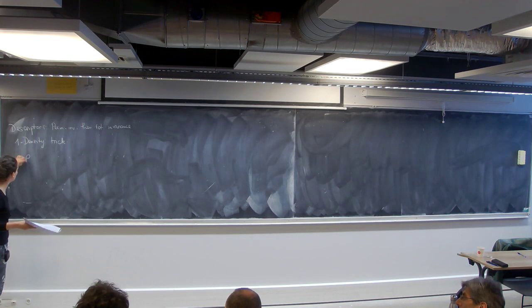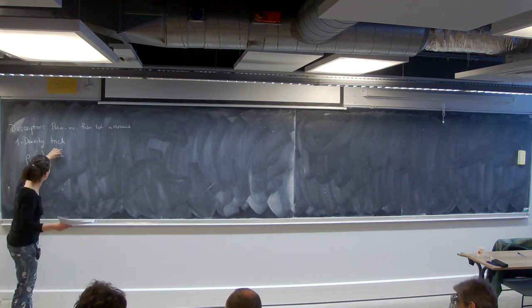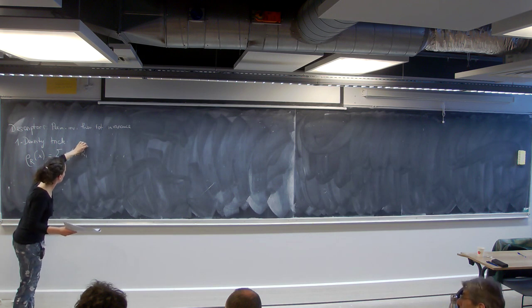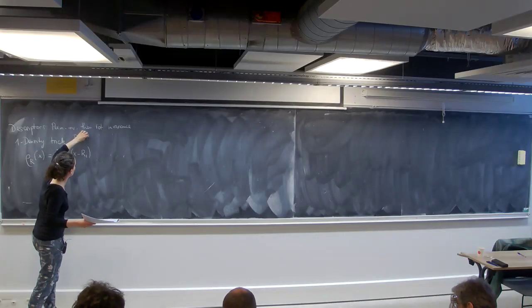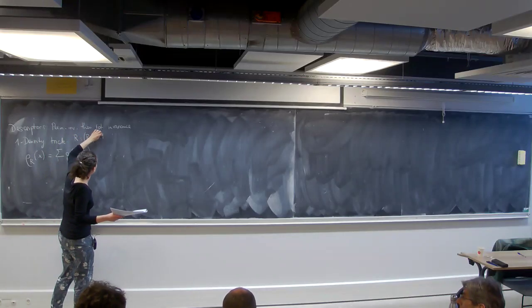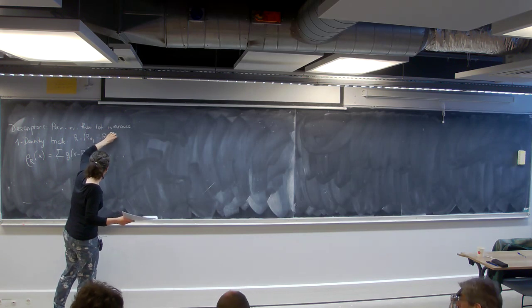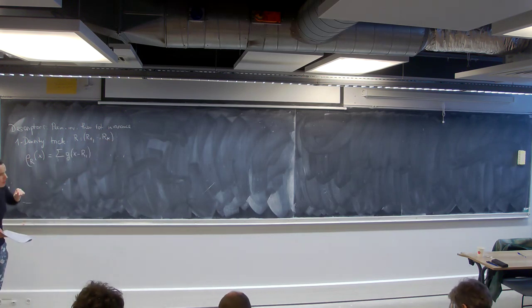So this density depends on the atomic positions and is defined as a function which is a sum of atomic densities. So we have our nuclei configuration, which is R1 to R capital K, and then we consider a